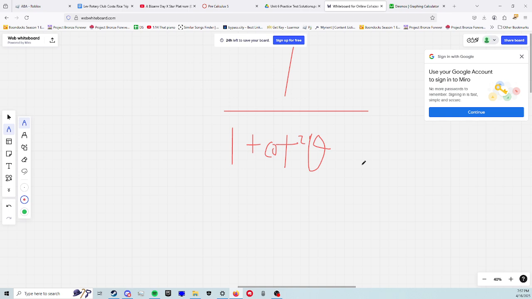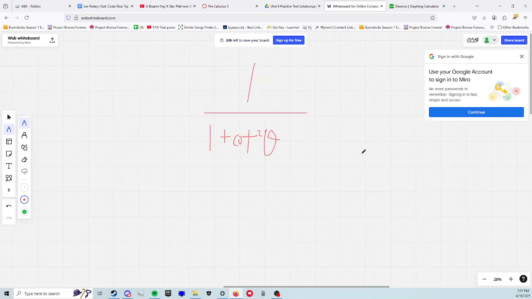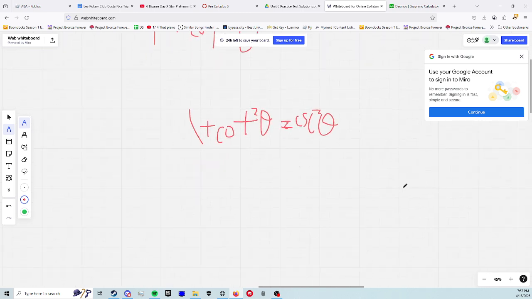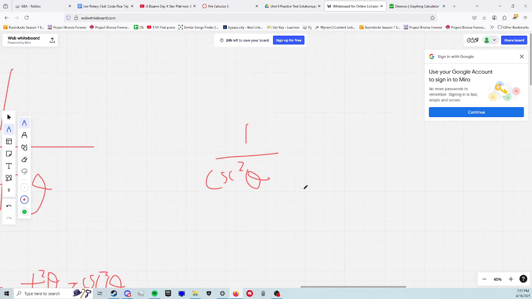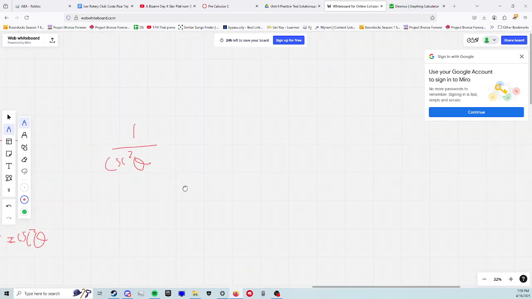So 1 over 1 plus cotangent squared theta. It won't be a shocker, but if you look in your Pythagorean identities on your trigonometric identity sheet, the white sheet that I sent you, you'll figure out that 1 plus cotangent squared theta is equal to cosecant squared theta, which in turn means that we can replace this with 1 over cosecant squared theta. And now if you look at your reciprocal identities on the white sheet, as I'll call it from now on,